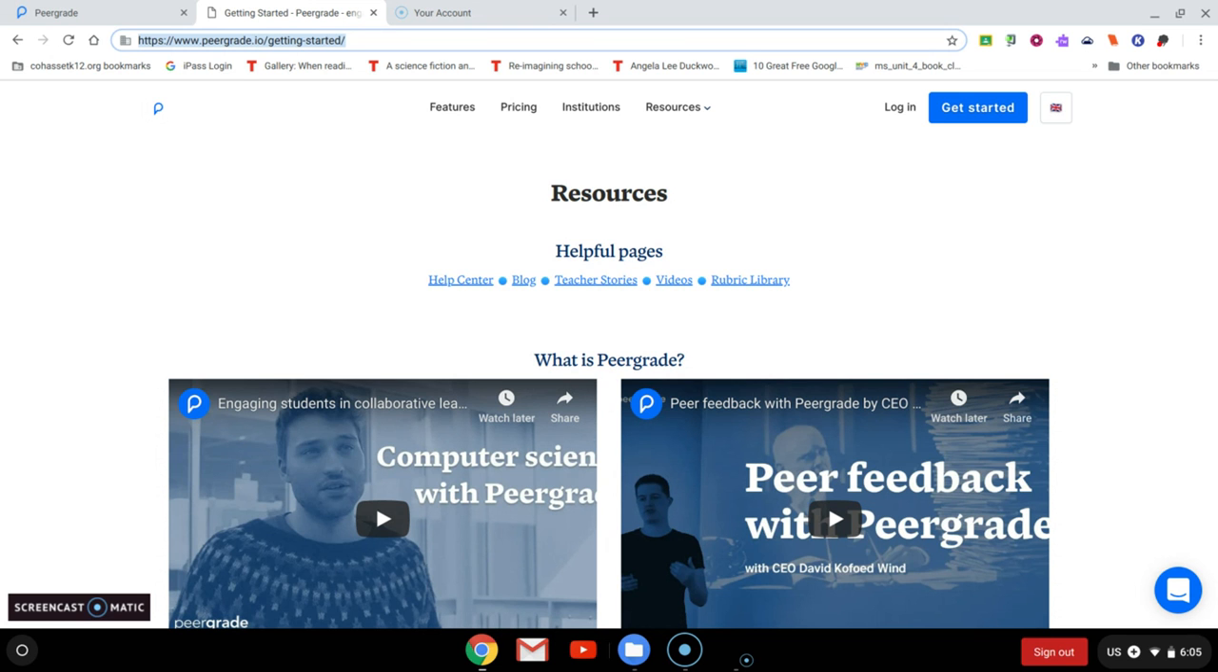And the last thing that I would say is that you want to keep in mind that students can upload a variety of different document types when using PeerGrade. It does not necessarily just have to be a Word file or a Google Doc. They can upload PDFs, they can upload video files, they can upload a lot of different options. So encourage your students